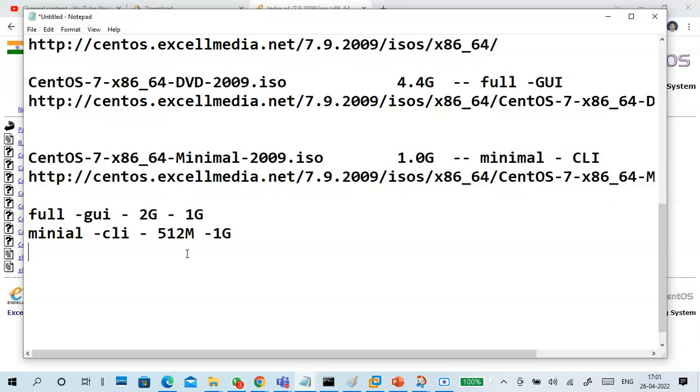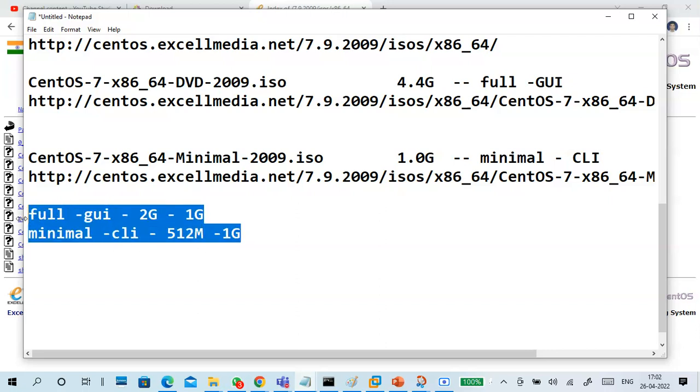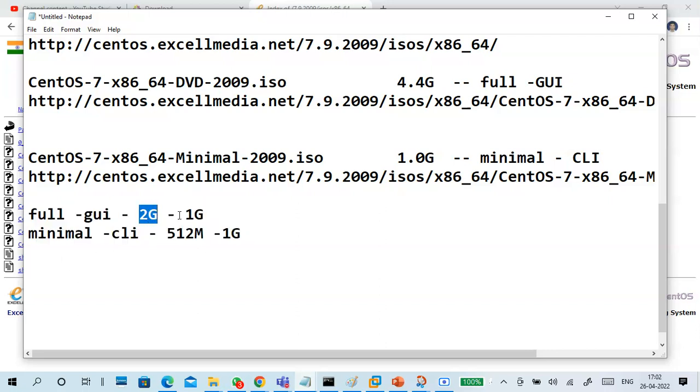So for minimal, the RAM requirement is 2 GB for GUI, and 1 GB you can also use, no problem. For example, if you have 4 GB RAM, you can use it, no problem. If you have 4 GB or less RAM, then you can go to 512 MB also, a good one. But my preference is to have 4 GB RAM, and if your available memory is less, then go for this. So this is for 8 GB RAM people.